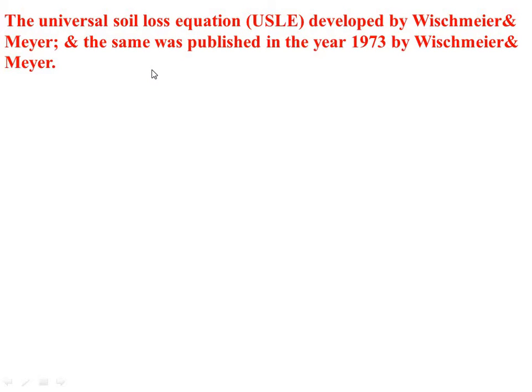The USLE was developed by Wischmeier and Meyer, and the same was published in the year 1973. The USLE is an erosion prediction model for estimating long-term averages of soil erosion from sheet and rill erosion from a specified land under specified conditions. The term universal refers to consideration of all possible factors affecting the soil erosion or soil loss, and also its general applicability. The equation is A equal to